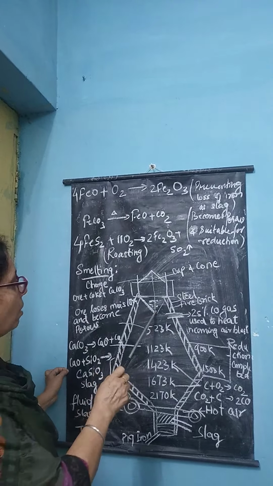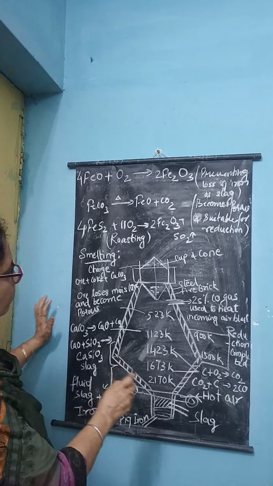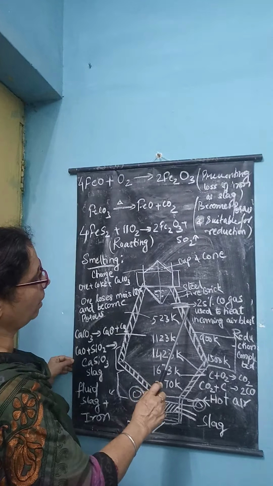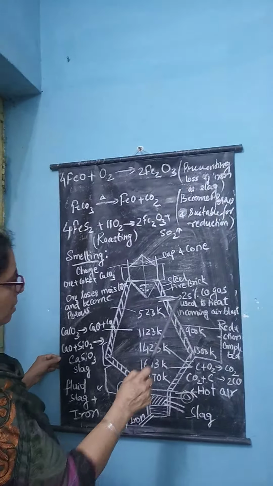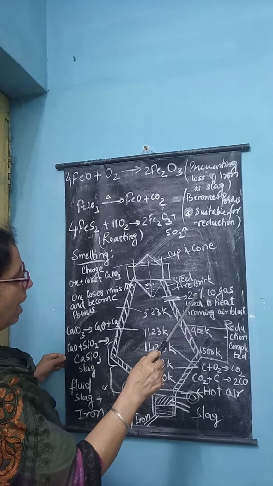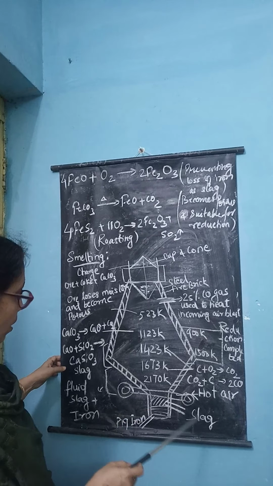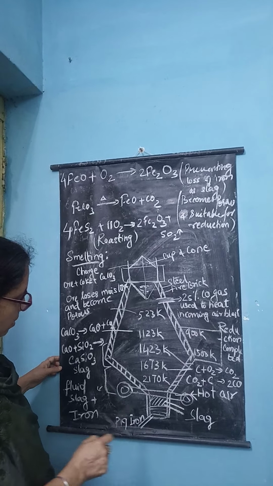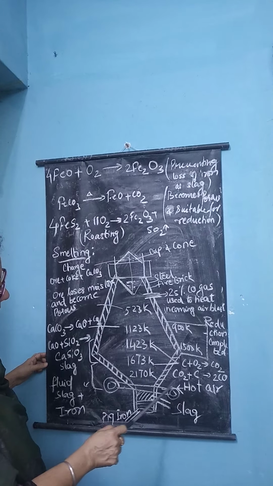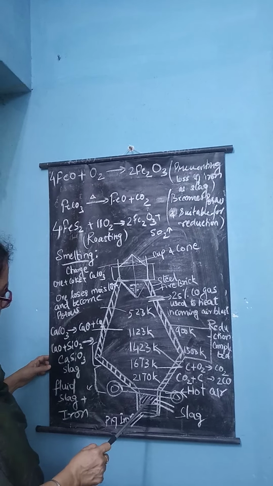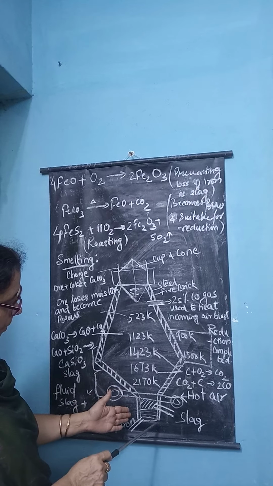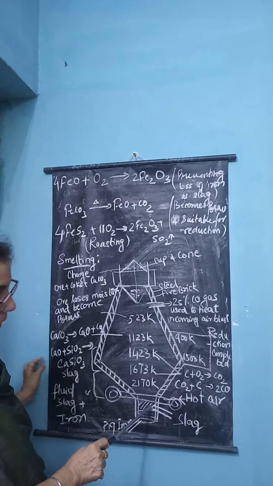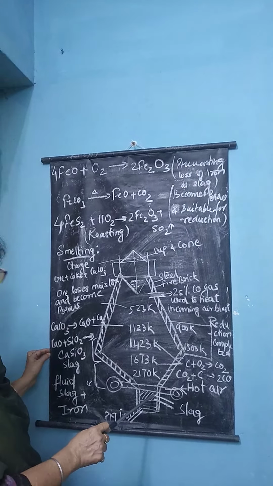Next, the ore loses some moisture, and here we will see the temperature. This is the opening where 25% of the carbon monoxide gas that is formed is removed and can be used again. Down there are two tuyeres from where hot air is blown inside. There are two parts. The lower end is a little thinner, and on the upper part you will find a layer of slag which is lighter in weight. In the lower part you will get the iron. On this side you will see the reactions taking place.